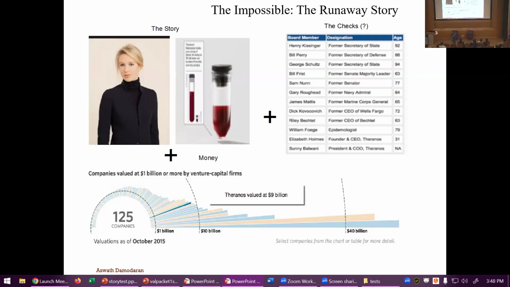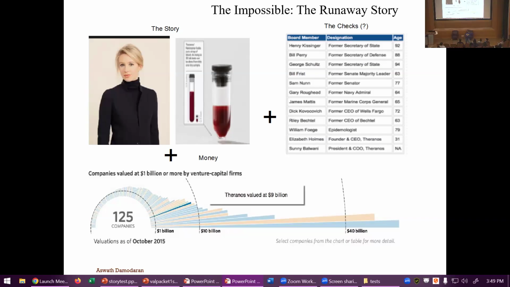By the middle of 2015, Theranos was priced by venture capitalists at $9 billion. But it wasn't just VCs who got excited. The Cleveland Clinic, one of America's leading healthcare organizations, said, this is a great blood testing business. Walgreens, which at that time was a healthy pharmacy, said, we're going to have a Theranos lab in every Walgreens. So if you'd asked me in the middle of 2015 what I thought about Theranos, my response would have been, I don't know much about the company, $9 billion pricing, Walgreens, Cleveland Clinic, there must be something there.